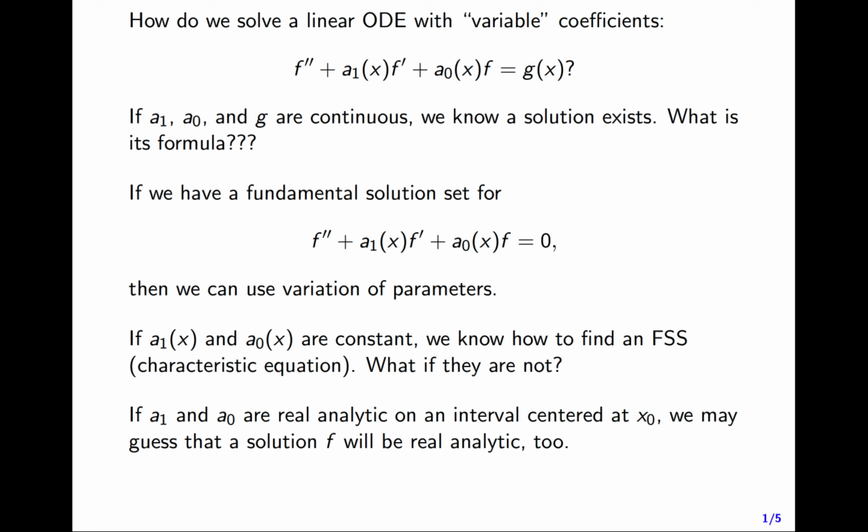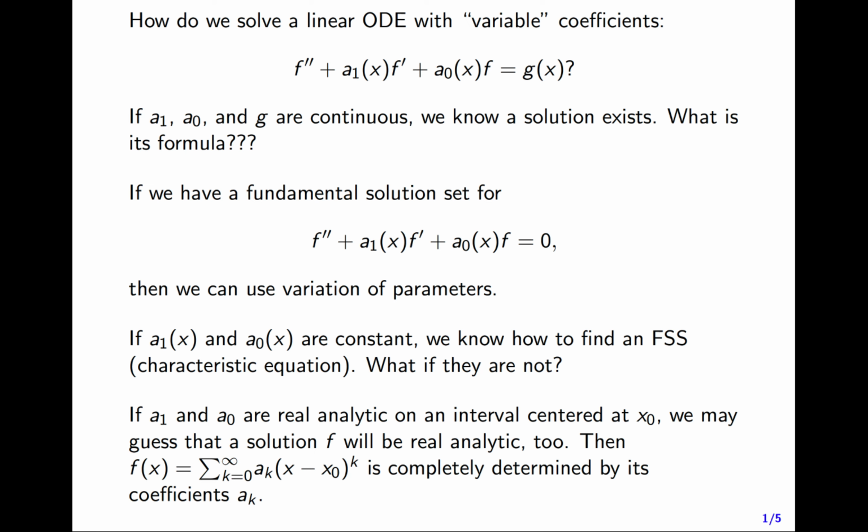If a1 and a0 are real analytic on an interval centered at some point x0, then we might guess that a solution f will also be real analytic on some interval centered at a point x0 as well. In other words, the nicer the coefficients are, the nicer a1 and a0 are, the nicer f ultimately should be. And then you would have an expression like f of x is the sum from k equals 0 to infinity of ak times x minus x0 to the power k, and that expression for f would be completely determined by